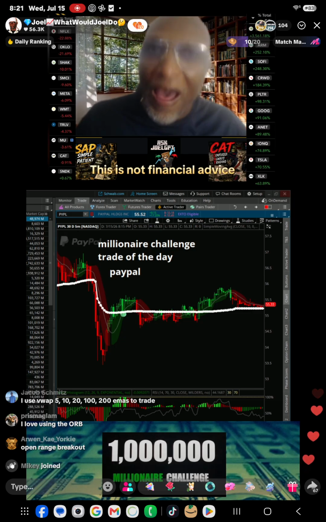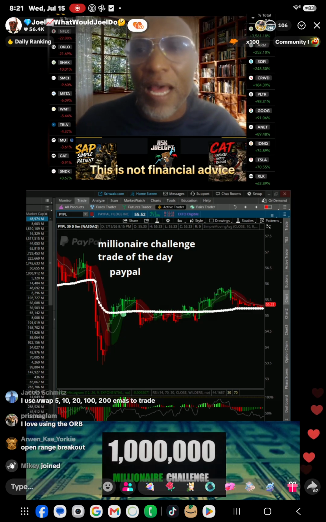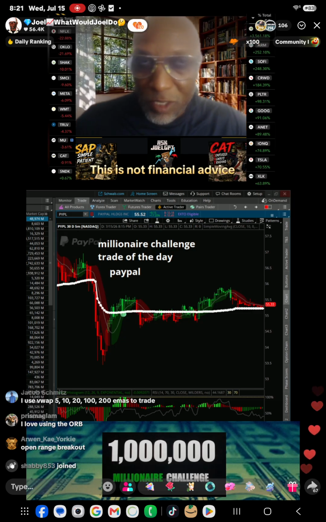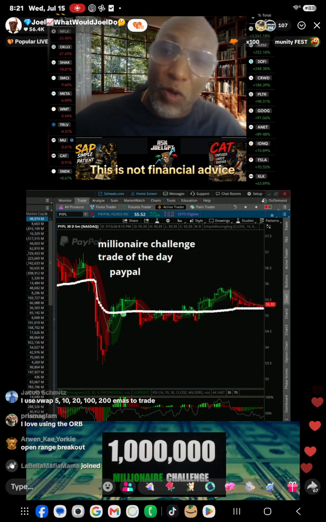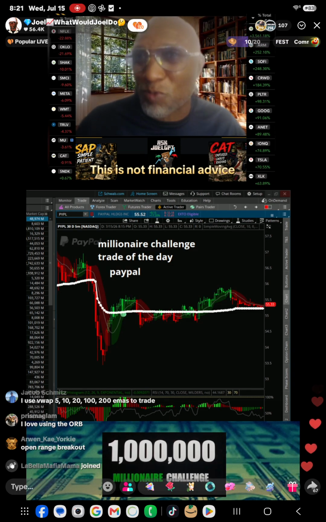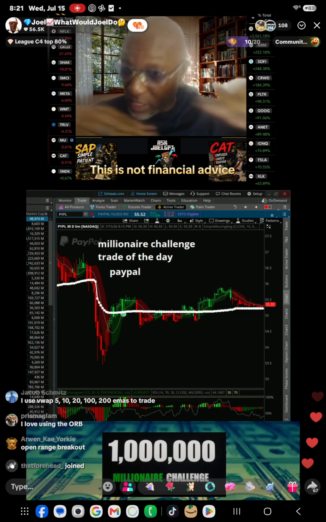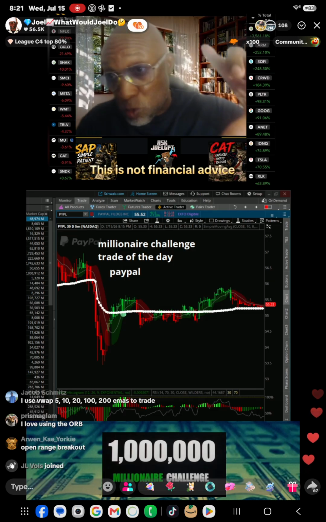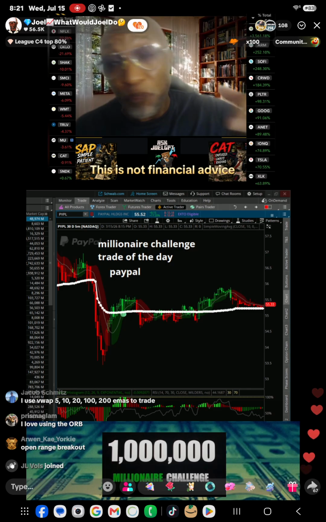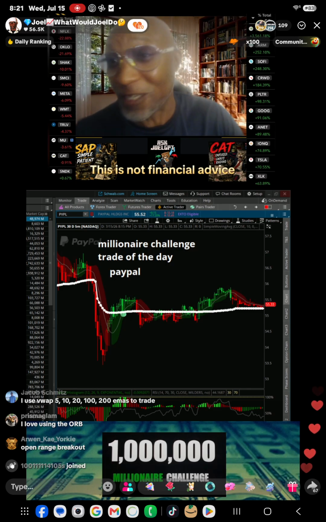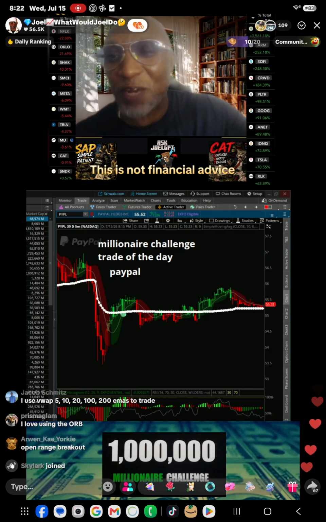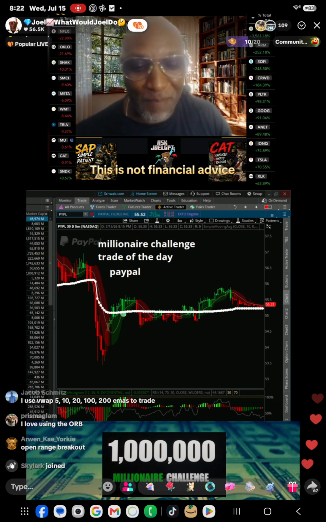So when people see me doing the 5-minute ORB, they always assume that's what the masses are using, the VWAP, and the 15-minute opening range. Look, I almost messed up again. The opening range breakout. So what does that mean? That means that when you are trading something like PayPal and you're trying to see what's going on with it,